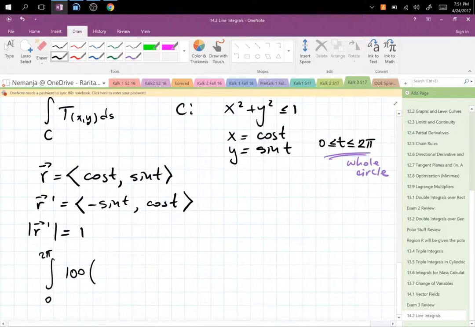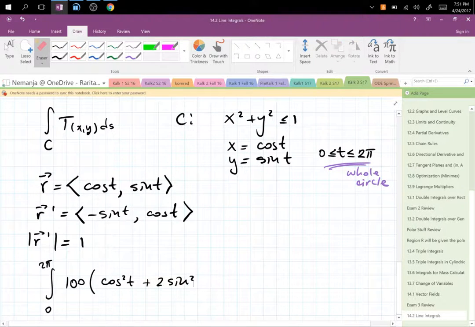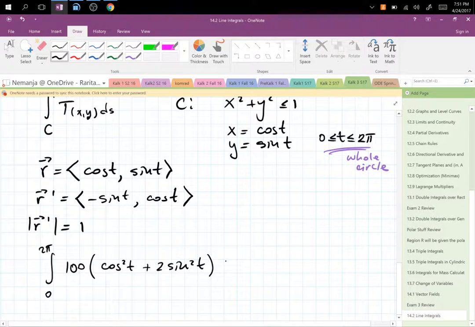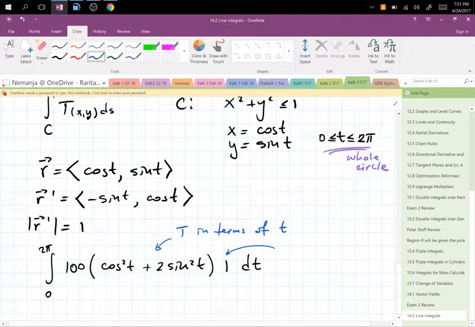So 100 times, instead of x squared, I get to write cosine squared t plus 2 sine squared t, not theta, times 1 dt. So I hope you guys see that this is your t in terms of parameter t, and this one over here is your r prime,